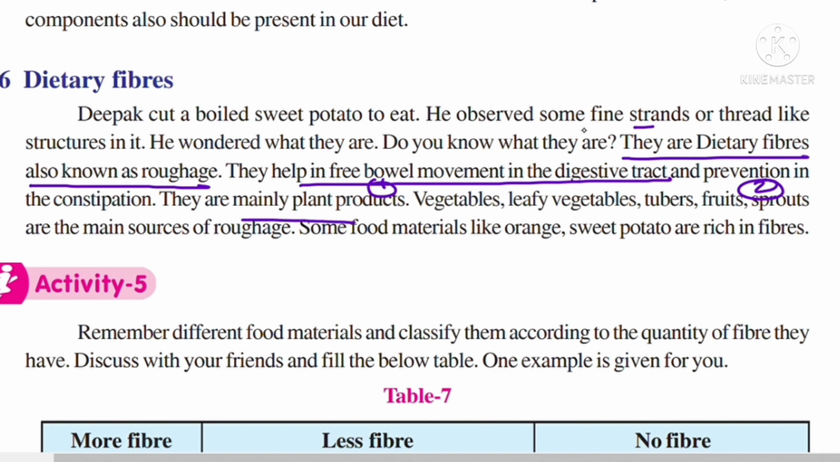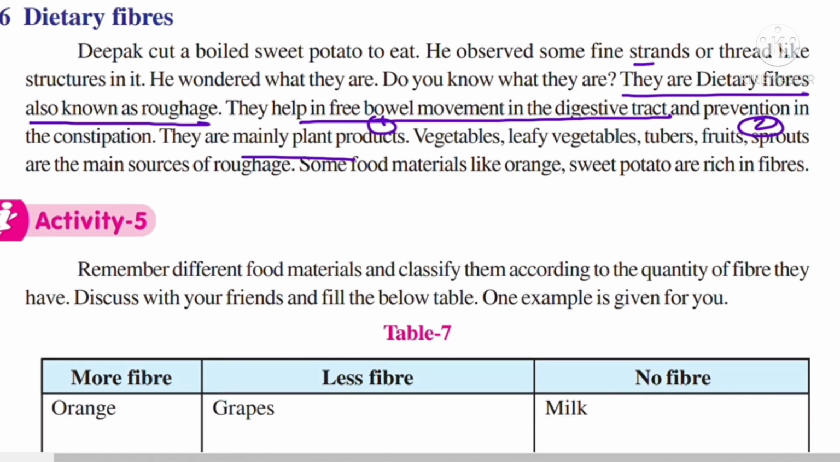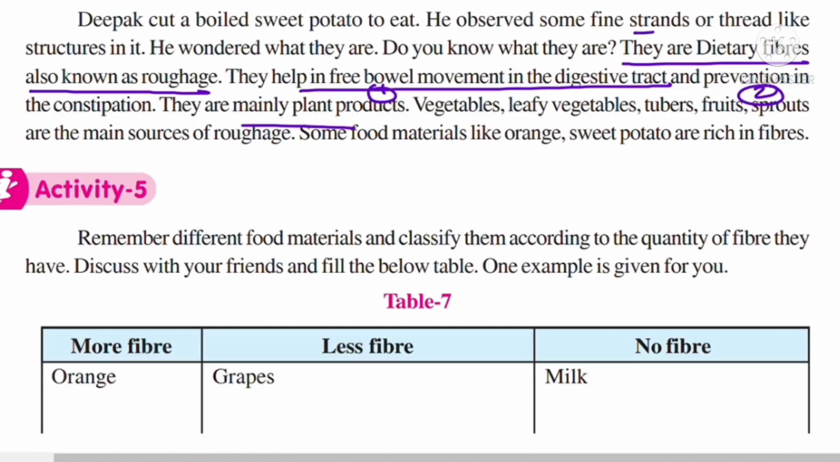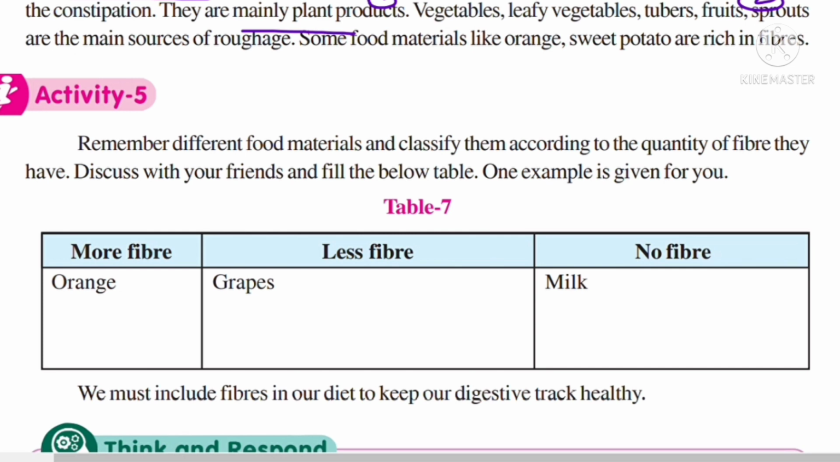Vegetables, leafy vegetables, tubers, fruits, sprouts are the main sources of roughage. Some food materials like orange and sweet potato are also rich in fibers. Even some fruits like watermelon are also rich in fibers. So remember different food materials and classify them according to the quantity of fiber they have, discuss with your friends